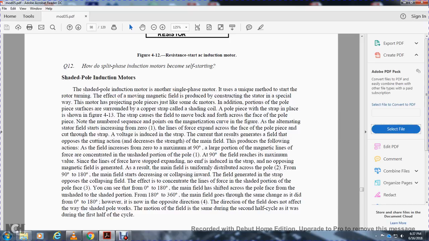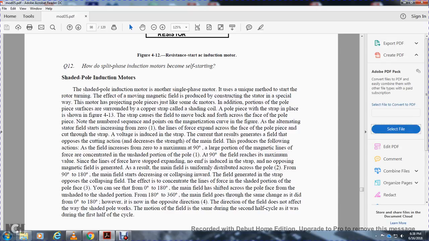At 90 degrees, the field reaches the maximum value and the lines of force have stopped expanding. No EMF is induced in the strap, so there is no opposing magnetic field, and as a result the main field is uniformly distributed across pole 2 from 90 to 180 degrees. The main field starts to decrease, with the collapsing field inducing current in the strap, opposing the collapsing field, with the effect of concentrating the lines of force over the shaded portion. At pole face 3, you can see that from 0 to 180 degrees the main field shifted across the pole face from the unshaded portion, and from 180 to 360 degrees